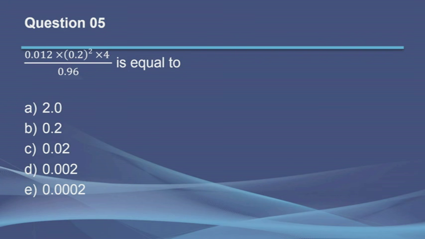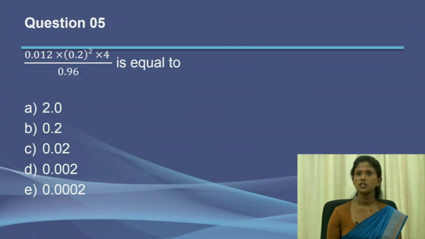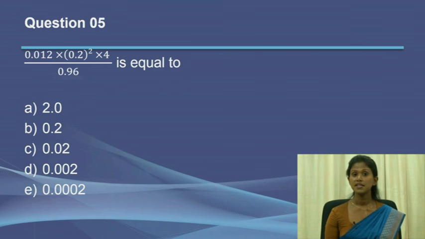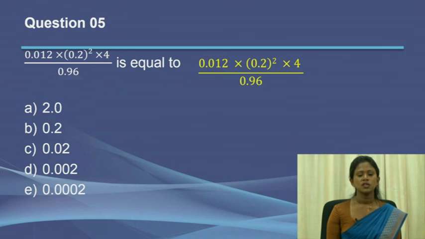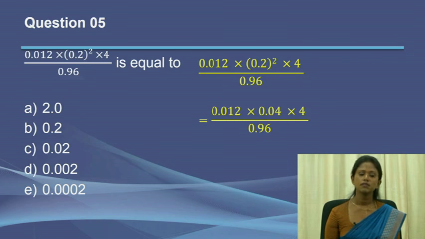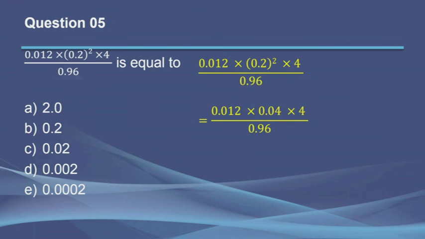In question number 5, you have an expression like this. Again it's a very easy question, and you can see that this question can have only one answer. So let's move to the solution. Now we are going to solve this. In the solution, we can first solve whatever the operations within the bracket. So here, 0.2 to the power 2. First we solve 0.2 to the power 2, which is equal to